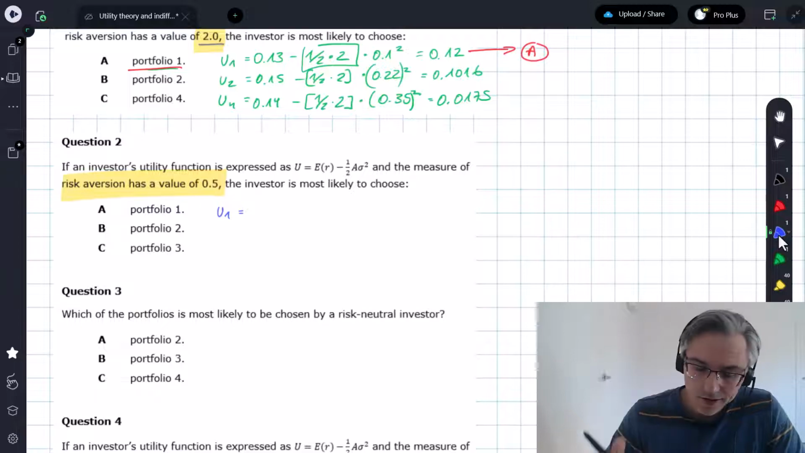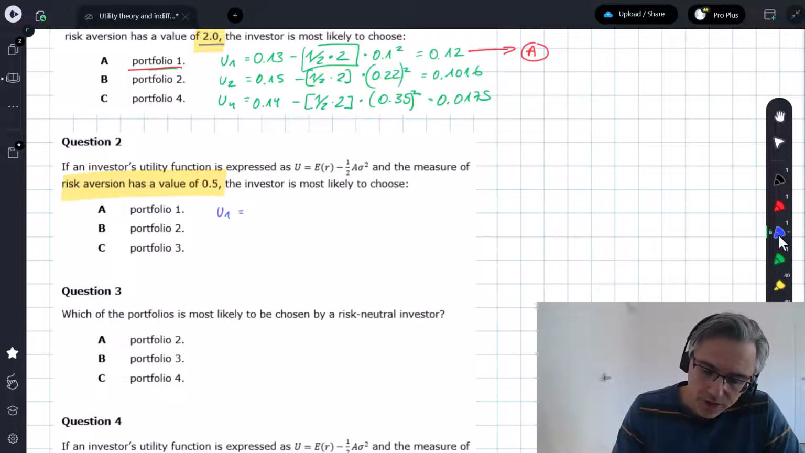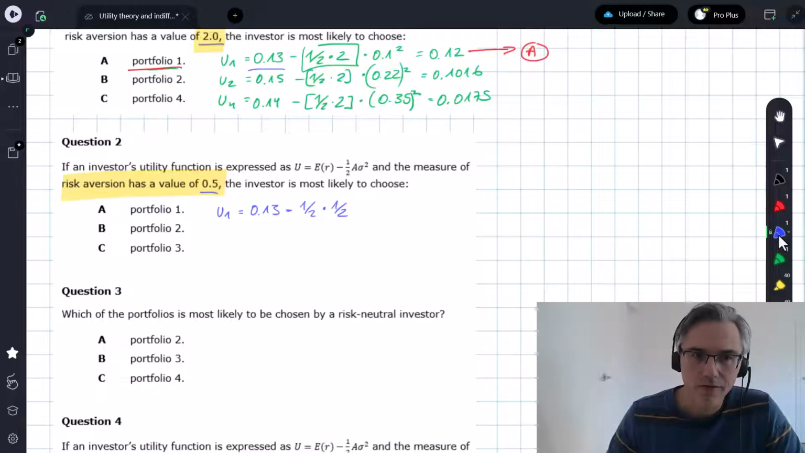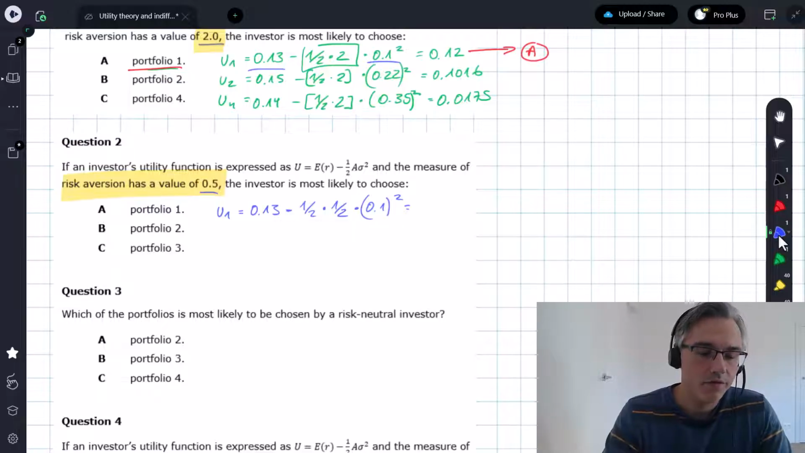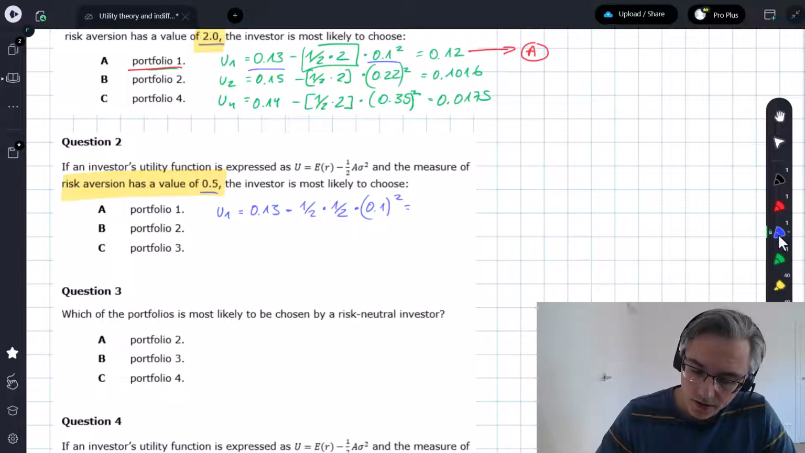So first portfolio, we know its expected return is 13%. We now have minus 1 over 2 times 1 over 2 because of the half over here, so that's obviously 0.5 squared, and multiply that by the standard deviation, which was 10% squared. Let me do this. 0.13 minus 0.5 squared times 0.1 squared. Okay, the answer I get is